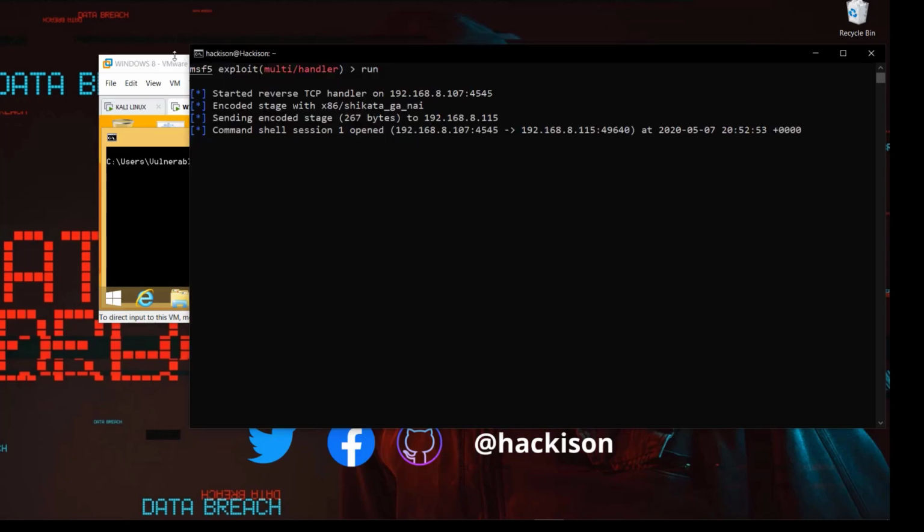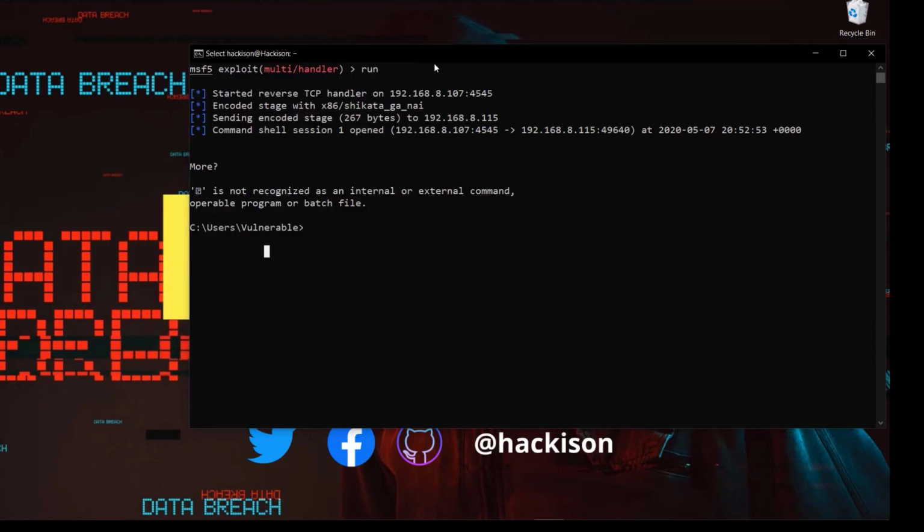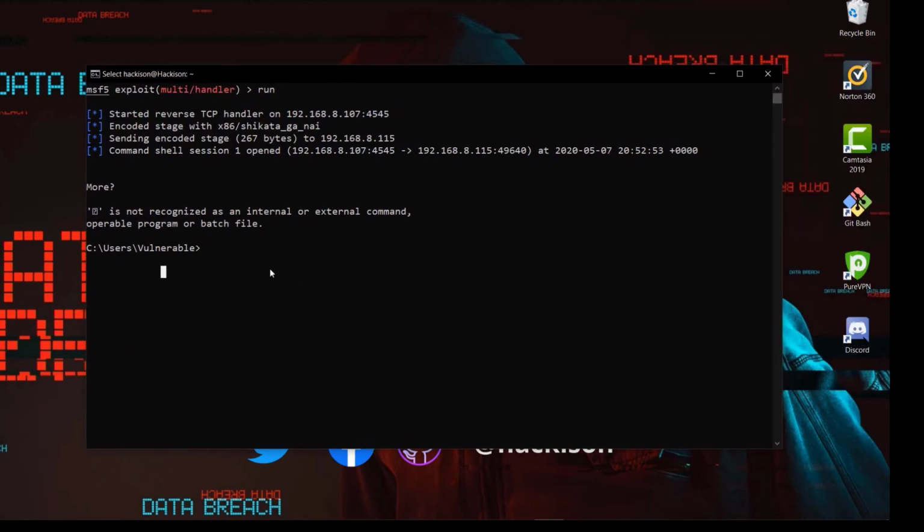Now you can see we have got the session, and we are inside the Windows machine. Let me minimize this one. We have got the reverse shell, and now we are going to convert this particular reverse shell to a Meterpreter session.